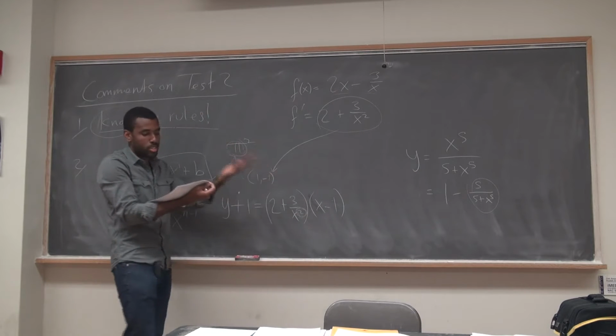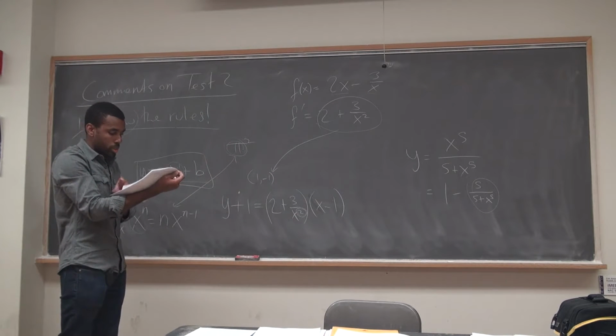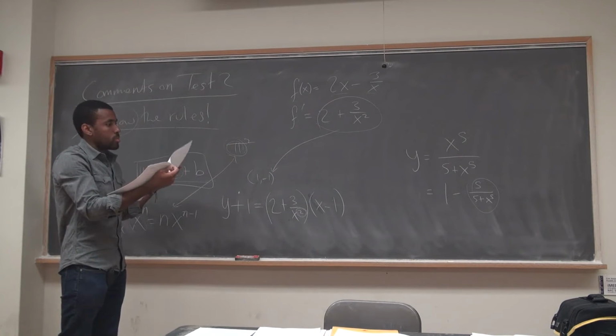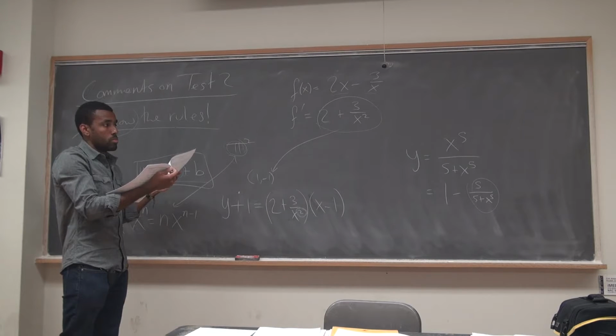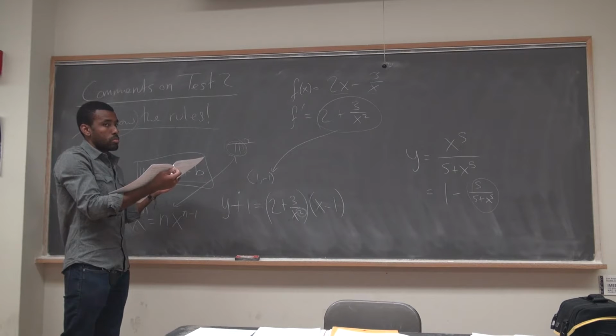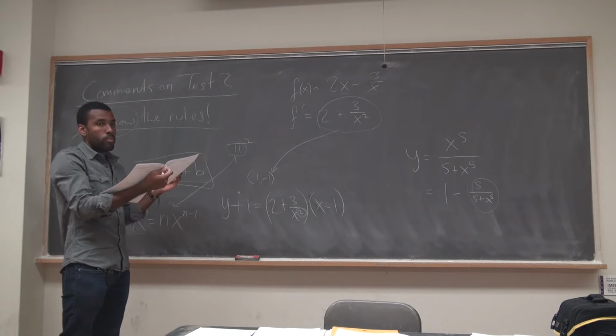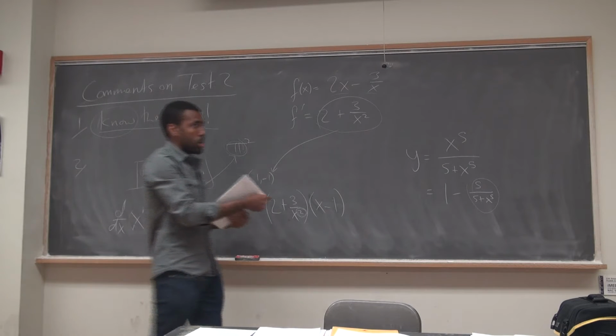Can I factor and cancel something so I don't have to use the quotient rule? But again, referring back to the y equals x to the 5th over 5 plus x to the 5th, how does one know whether or not we can take 5 plus x to the 5th in the denominator and just put that in parentheses as that to the power of -1? You could do that. That is also an option, right?